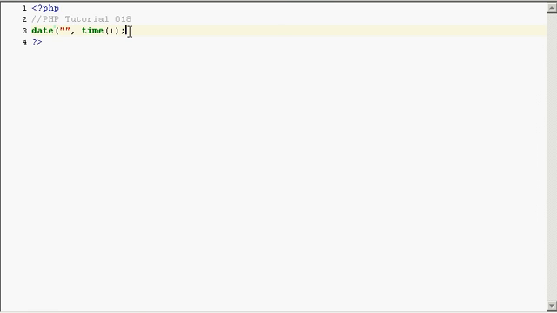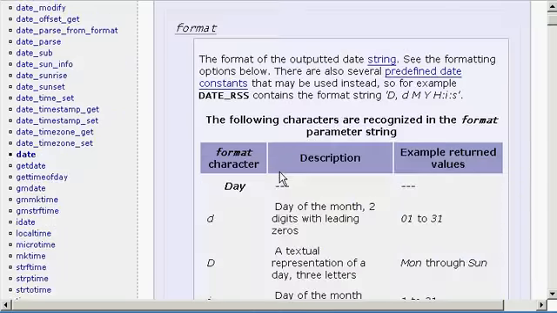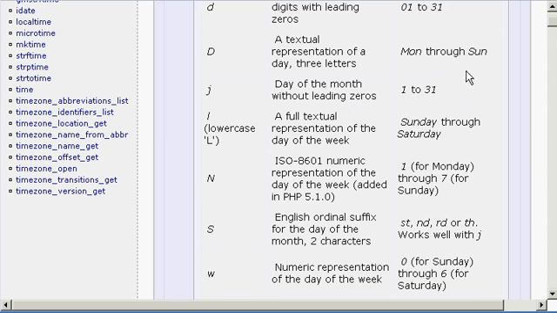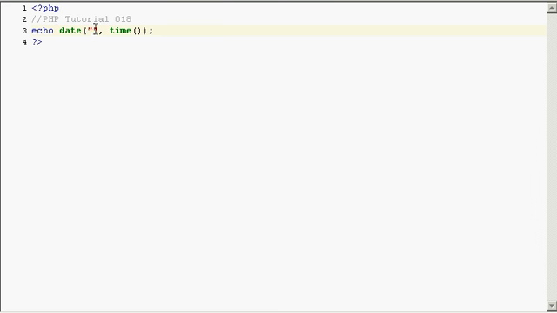Now, if I say echo and then I say this, I'm not really going to get anything because I haven't put anything in the format string. So I have another tab here which refers to PHP.net, and here's the format. So let's say I want the 3-letter representation of the day of the week. So I'm going to go back here and I'm going to say, as the page said, capital D,